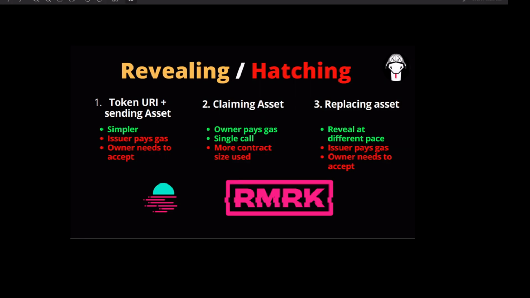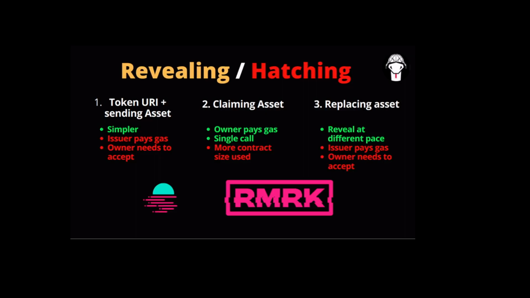The second option is to program a claiming logic. We will do this to reveal the element of the egg. The general idea is that users will call a function which will check their rank and replace the existing asset with one of the 4 elements. It will also directly accept it, so the token owner does only one call. The advantage of this from the collection issuer perspective is that each user pays for the gas of their reveal. In the first approach, we would need to pay the gas of adding a token asset to each one. The disadvantage is that we are adding a piece of code which will only be used once, and size limit might become a problem.